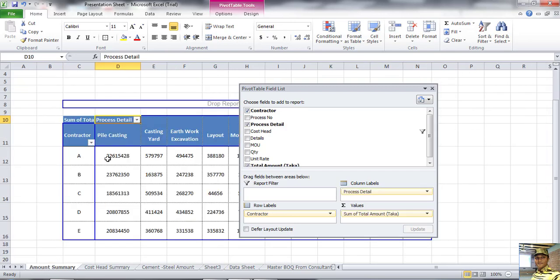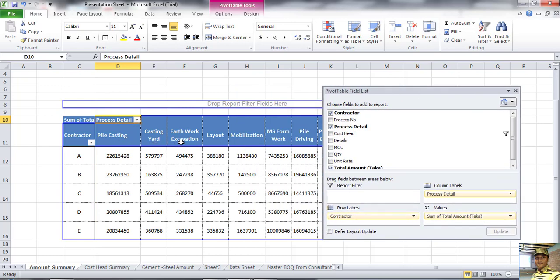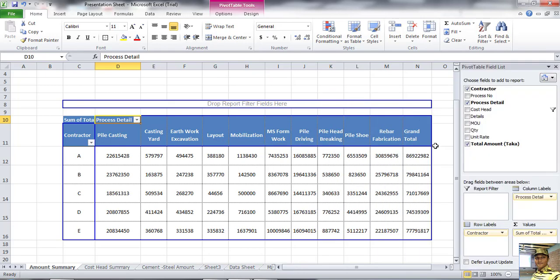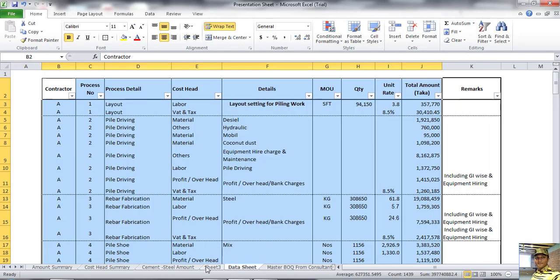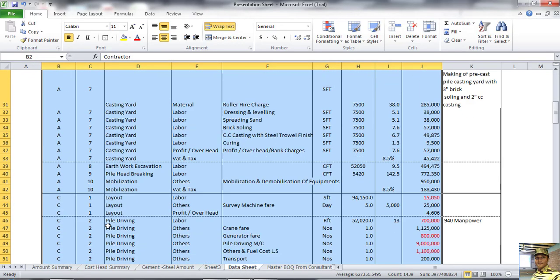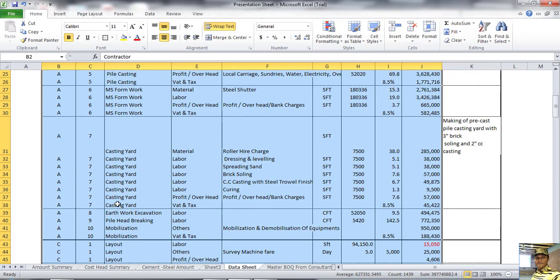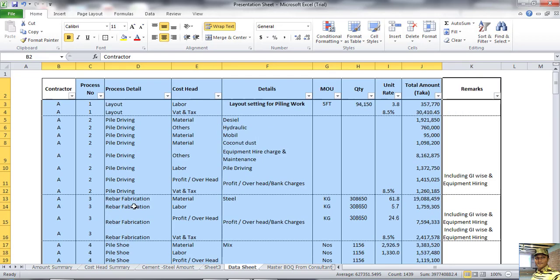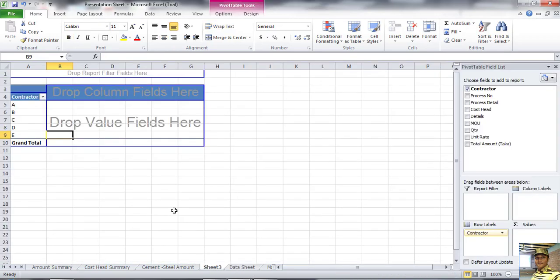Now we'll see, we put process details here. Process details means pile casting, casting yard, earthwork excavation, mobilization. Our 10 items, or 9 items, are here. Now see, our 10 process details are shown here.